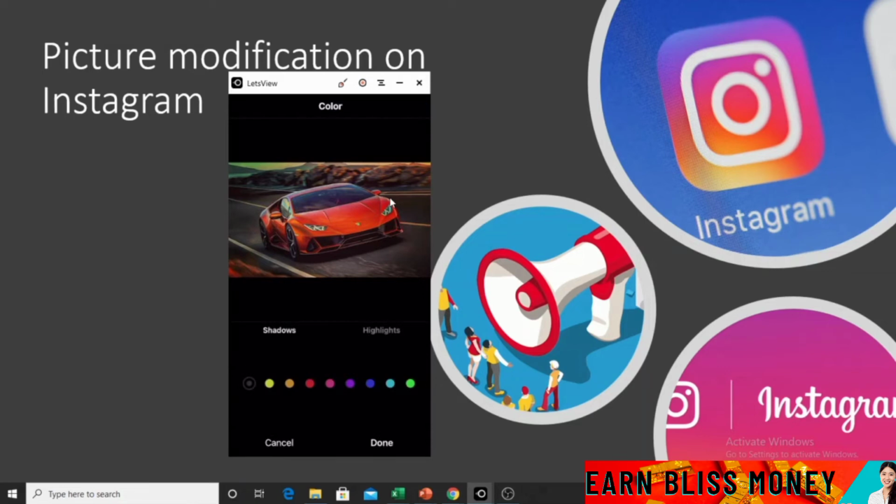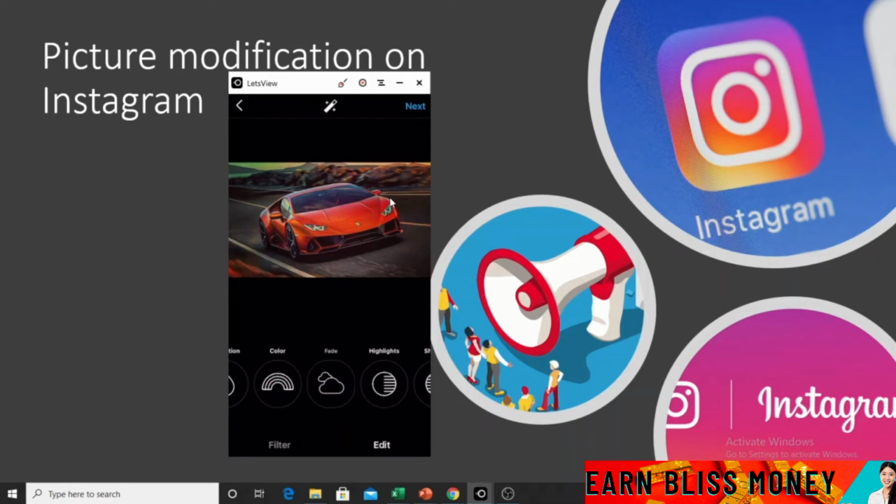Then for the colors, what type of dominant color I want to have inside of my picture. I don't really like this feature. You guys can use it if you want to give a certain mood to the picture, adding a predominant color. Personally, I don't really use it. You can have it as a shadow or as picture highlights. It can give, as I said, a certain mood to the picture. But once again, I don't necessarily use it. So I won't use it, but it's an interesting feature if you want to have, for example, a certain color in the background. All right,